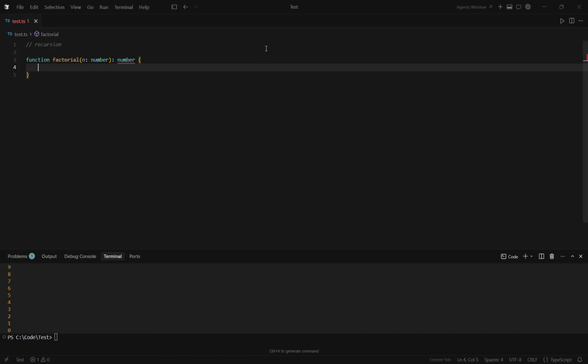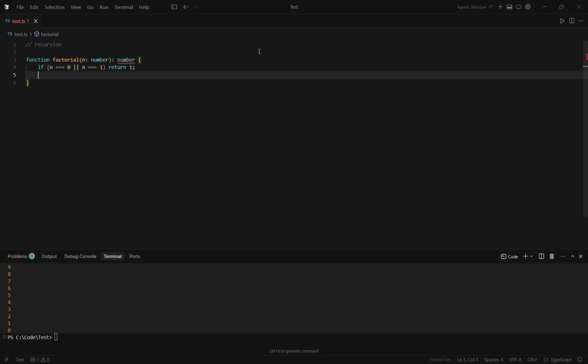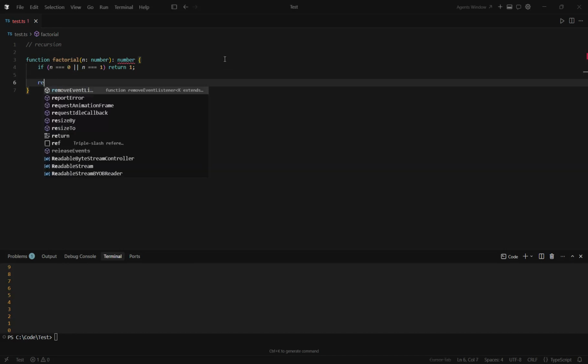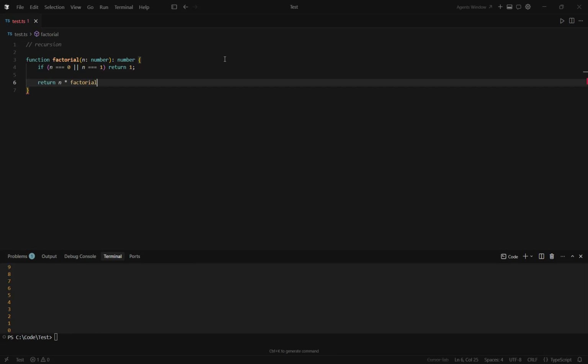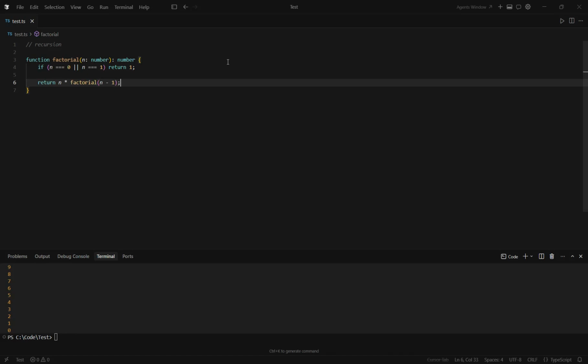So here, if n is 0 or n is 1, return 1. Okay, basically what happens is that, let's say if the number was 4, 4 into 3 into 2 into 1. If the number was 5, 5 into 4 into 3 into 2 into 1. Like this factorial works. Now what we are going to do is return n multiplied by factorial of n minus 1. Okay,